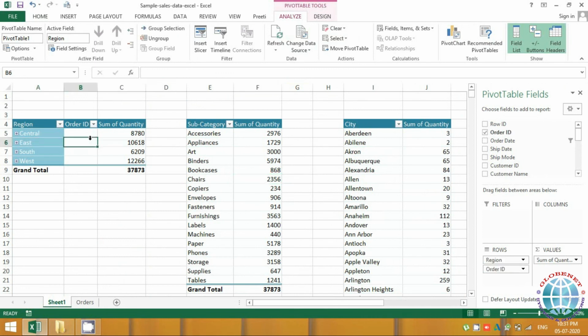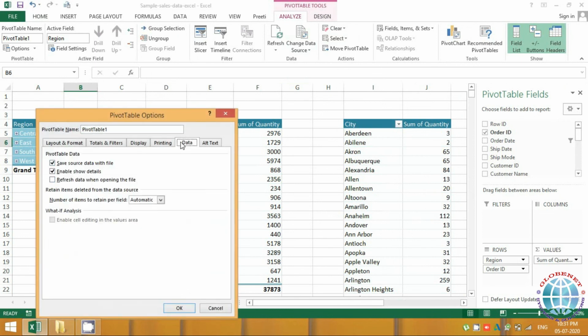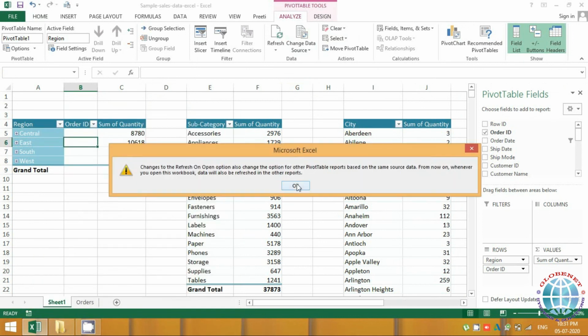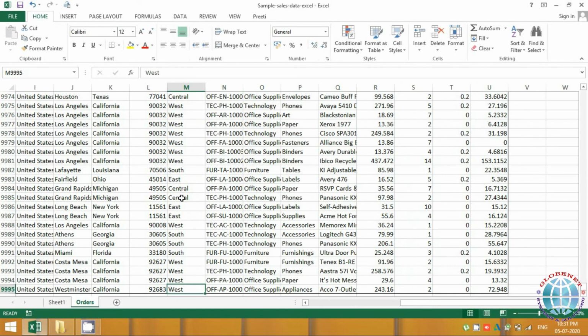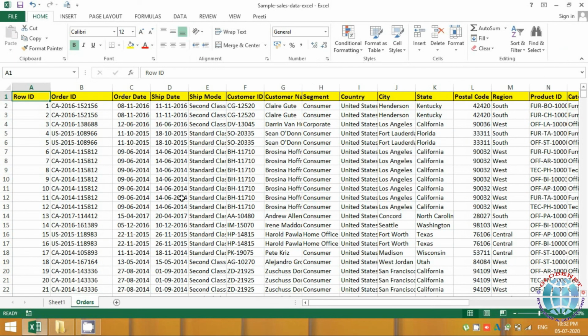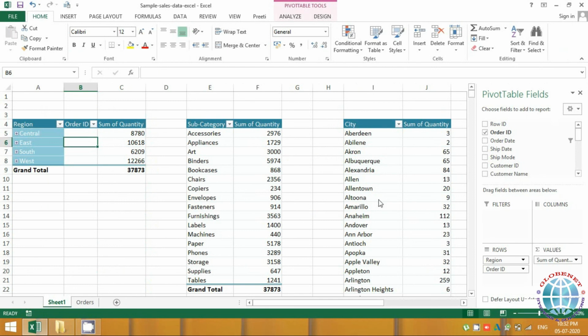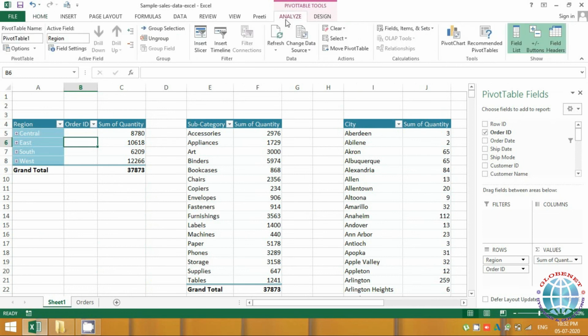So a good feature is you keep this option on, refresh data when opening the file. So what happens is, it says that all of the data will be refreshed, which is from one source. So all of these pivots will be refreshed. So in case I do any base data changes now, any changes inside my data, and if I just close the file and open it, at once my pivots are refreshed. So it's a good feature which saves a bit of time, and you should explore it, especially if you're dealing with multiple charts, multiple tables.